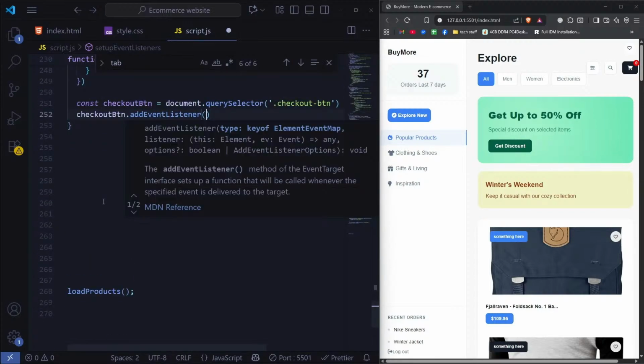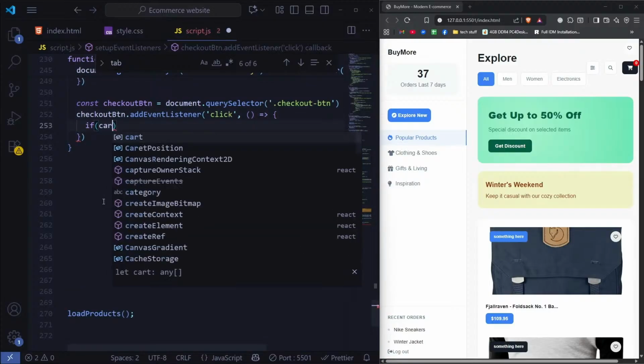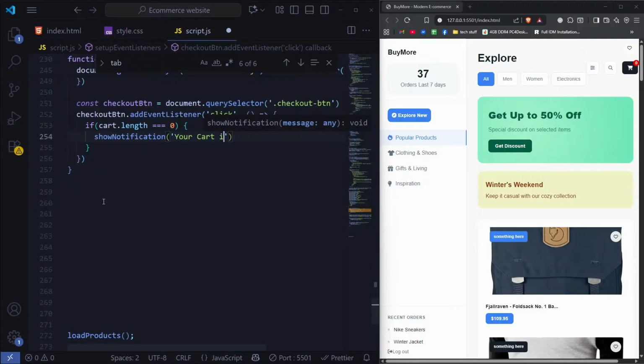Add event listener will listen to a click, and just basically do if cart.length is equals to 0, we'll just do show notification, just do your cart is empty,